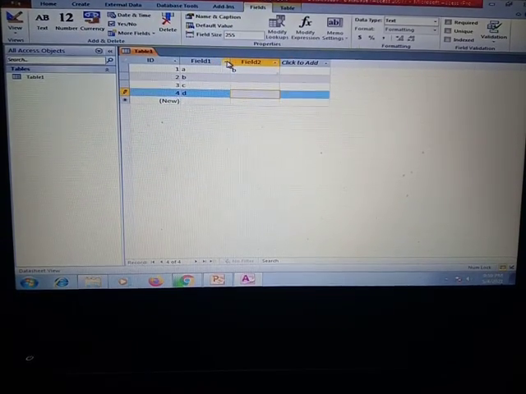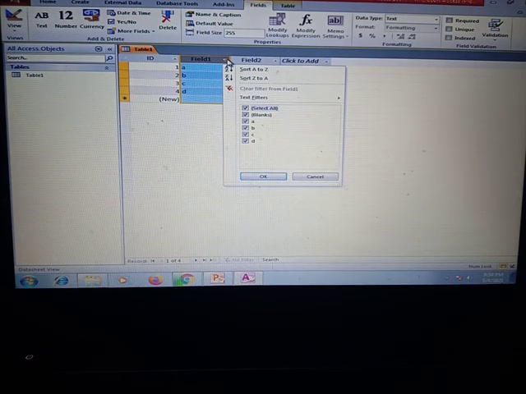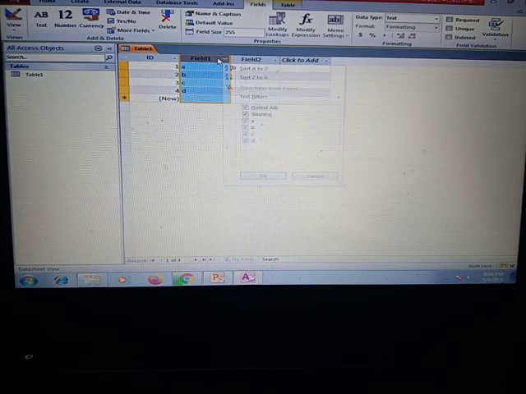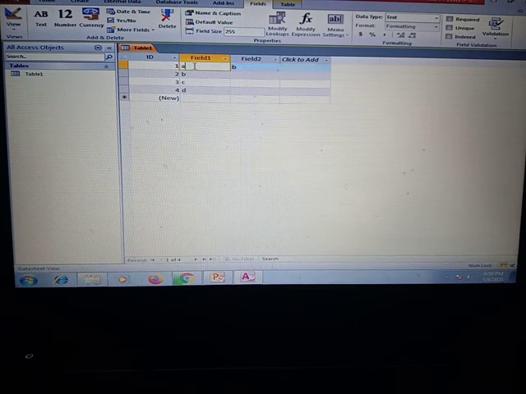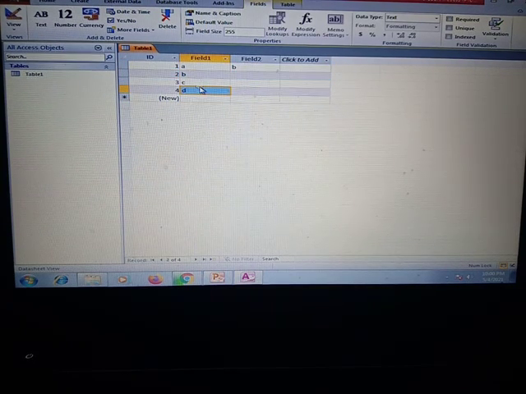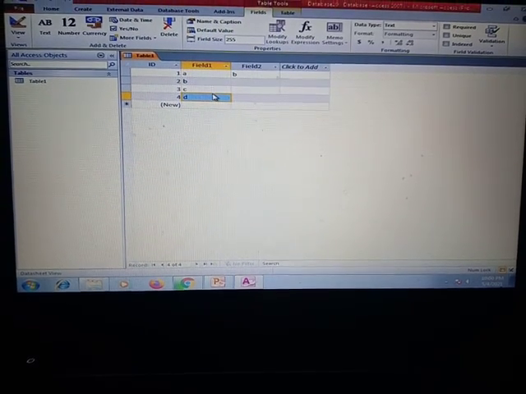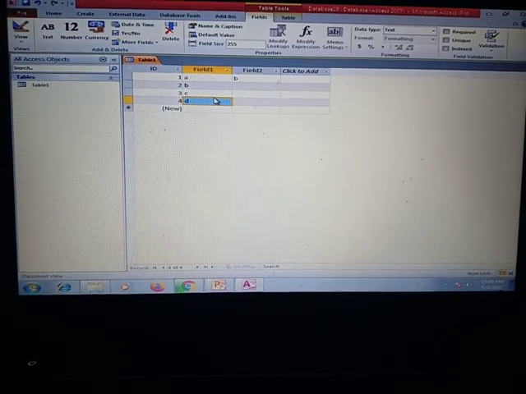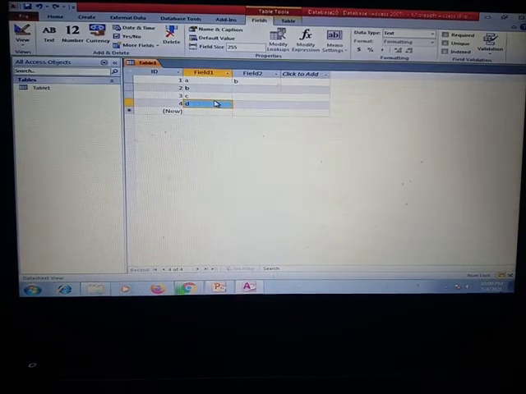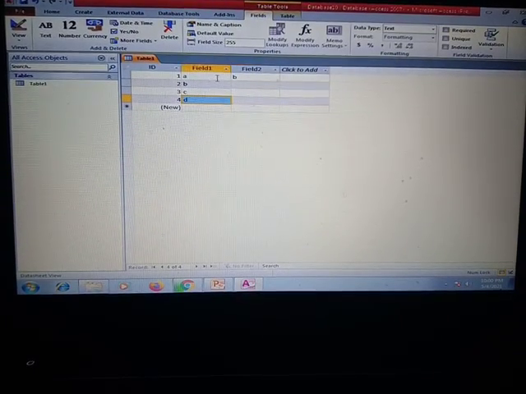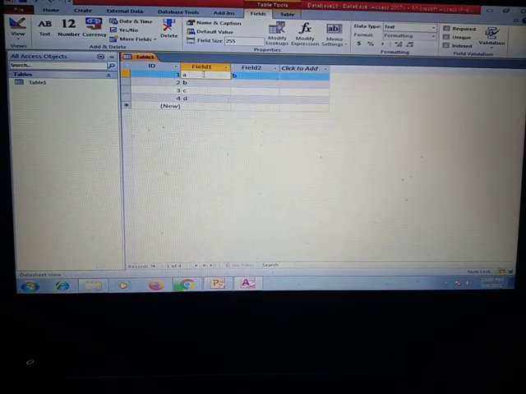Suppose this field has a similar record, that is the alphabet A B C D, so we can make another table, by which we can join the tables. That will be called a relationship.